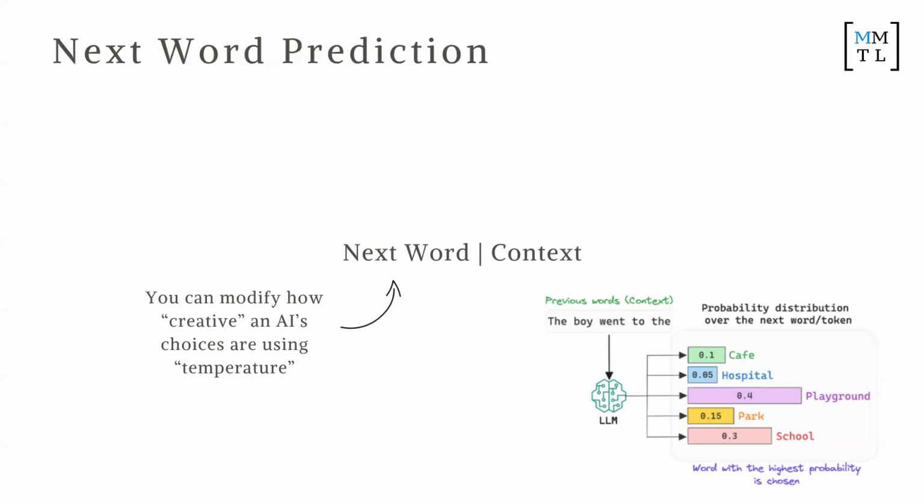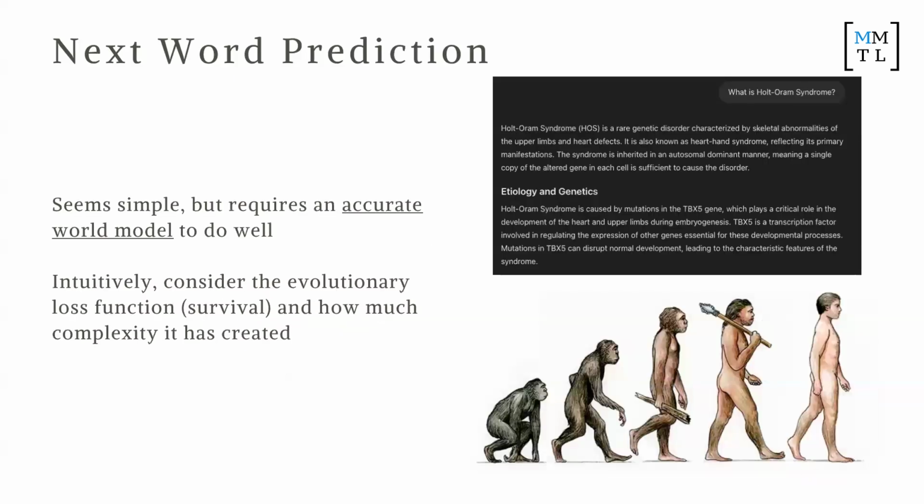So you can modify how creative or how risky an AI's choices are using a parameter called temperature, which is something that you might see if you ever play around with ChatGPT. It allows you to modify the temperature. In some circumstances, if you want the temperature very low, so for example, if you want an AI that's giving medical advice, you don't want it to be selecting lower probability options, right? And sort of having riskier options. But for example, if you wanted to do research, or you want to be creative, or you want it to write you an ode or a poem or something, right? Then you can choose it to be very creative, and it creates like all this sort of stuff that you might not expect. Okay.